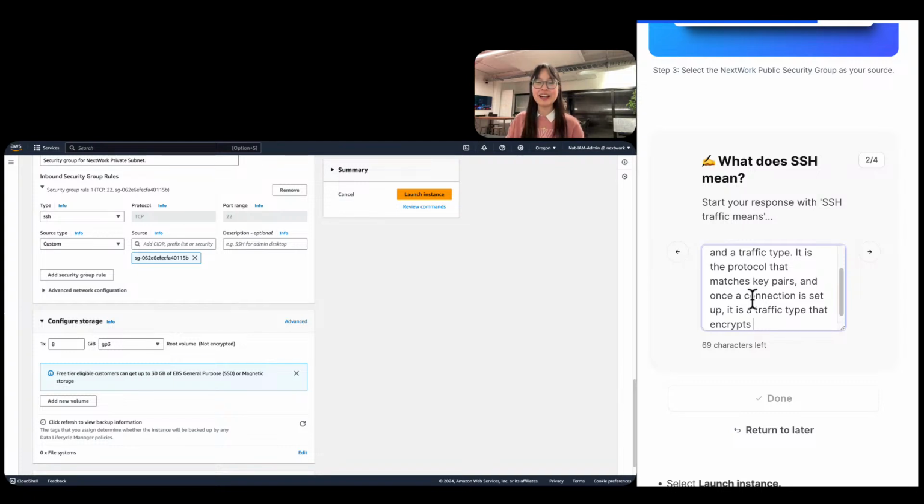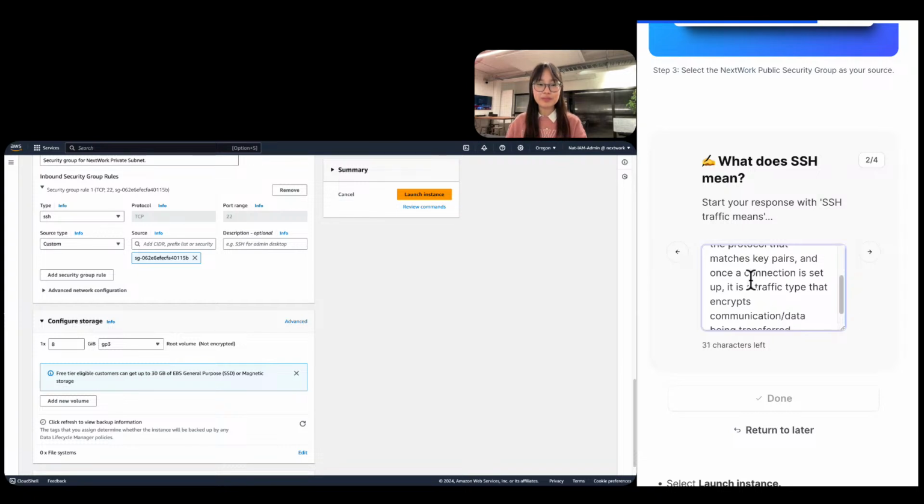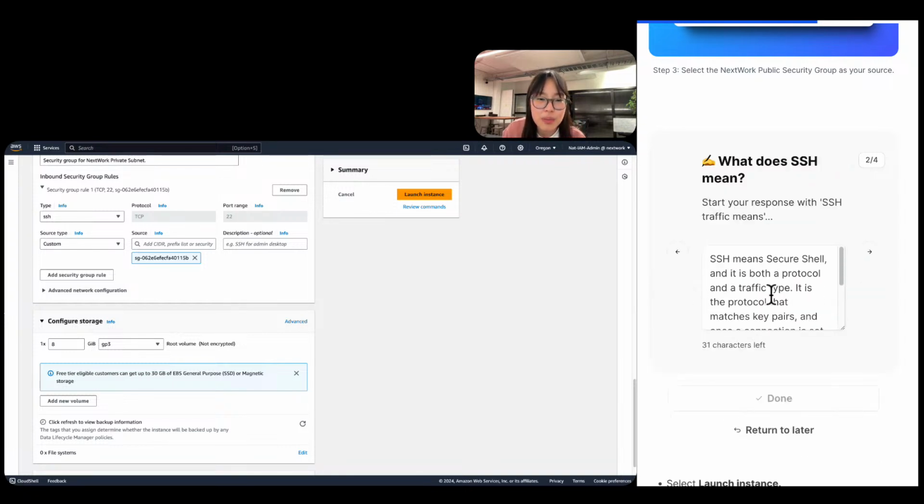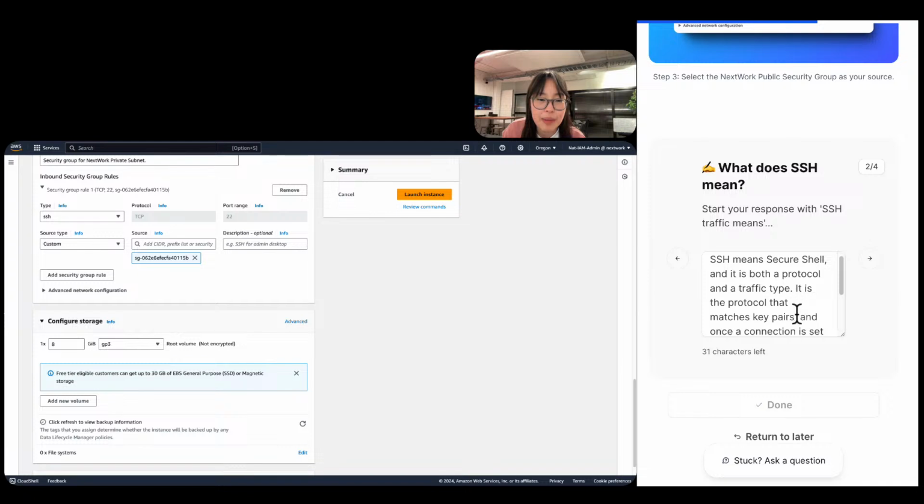Sounds a little funky. And SSH is a traffic type that encrypts communication data being transferred. Cool. Oh, I would actually just also mention it is the protocol that matches key pairs and enables direct VM